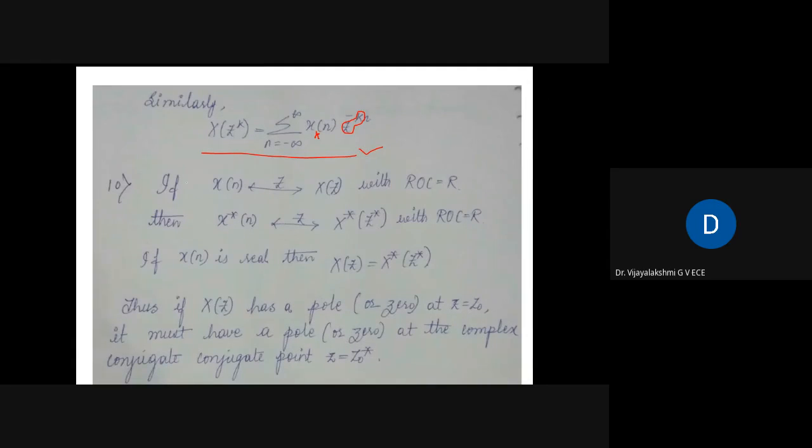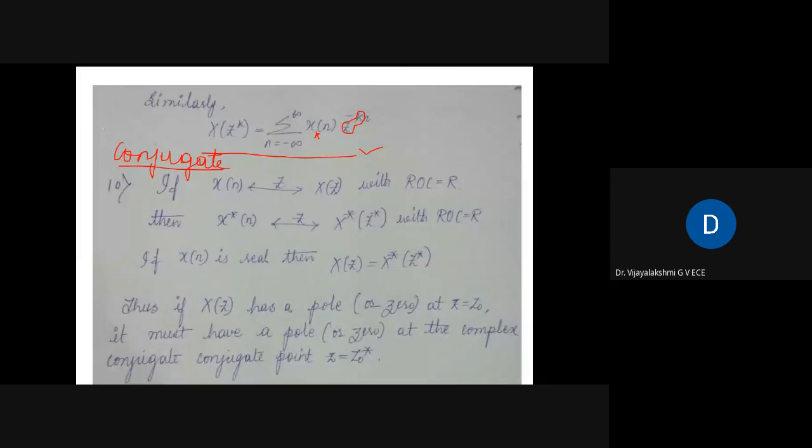Next, I have not given the title here. This is the conjugation property. So conjugation property, where do you get conjugate? Whenever the signal is a complex signal, only then you get the conjugation. So what does this tell us? It says that if x of n is a discrete time signal which forms a Z transform pair with x of z with ROC equal to R, then if you are taking the Z transform of its conjugate,